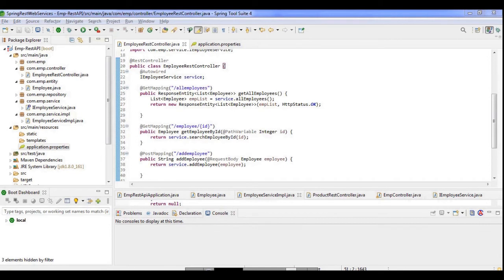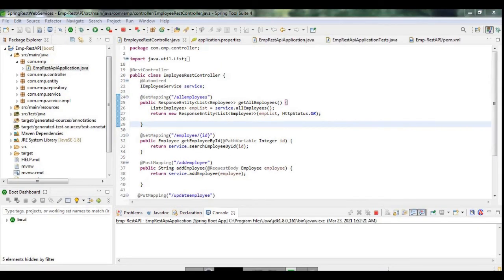Now we can test this REST web service. Three of the endpoints we can test from the browser itself, which are of HTTP method type get, as the browser can access endpoints which have HTTP method get. If you want to test all the endpoints, then we have a tool, Postman. First let me test the three endpoints of type get from the browser and show you that.